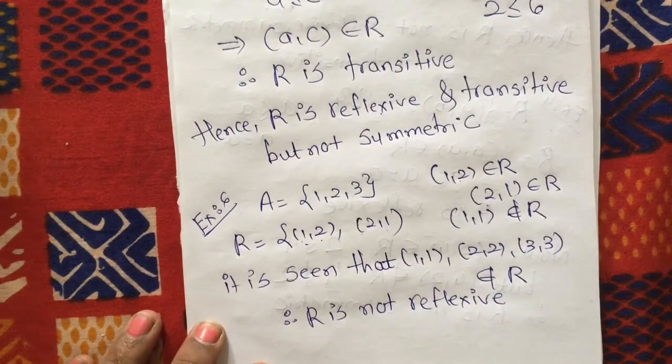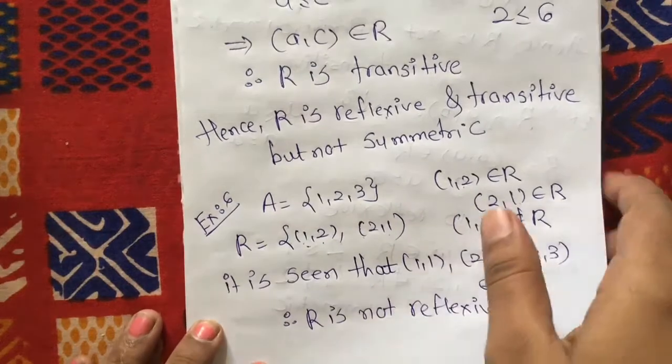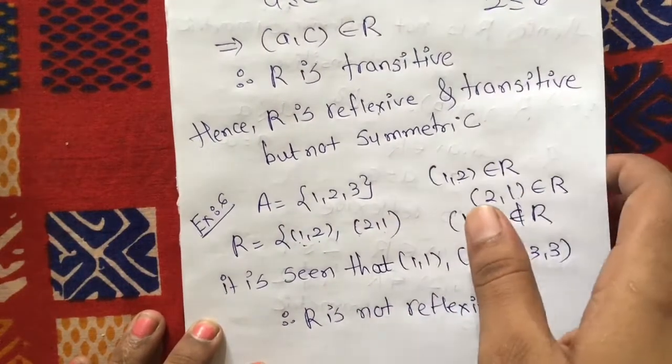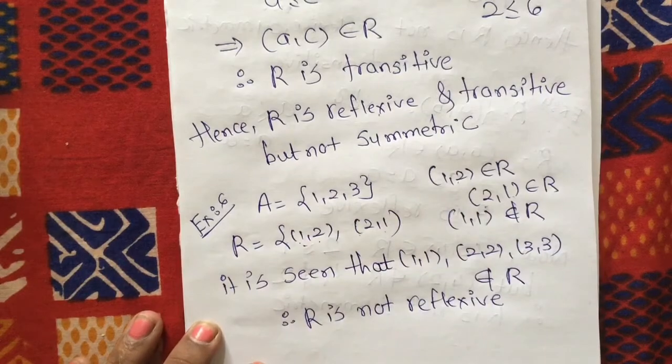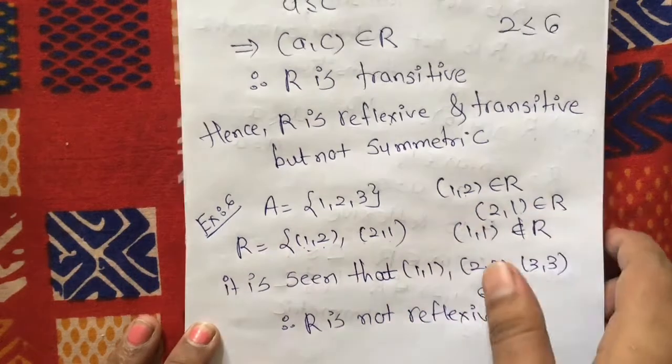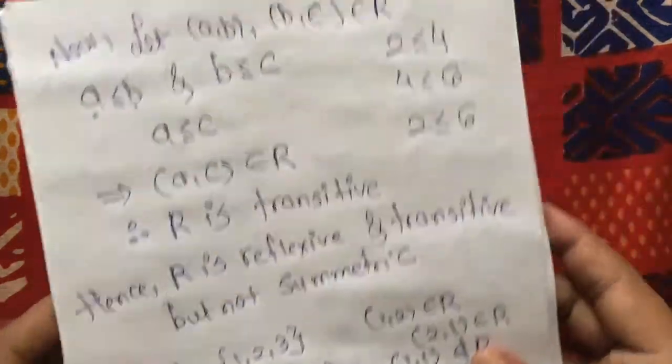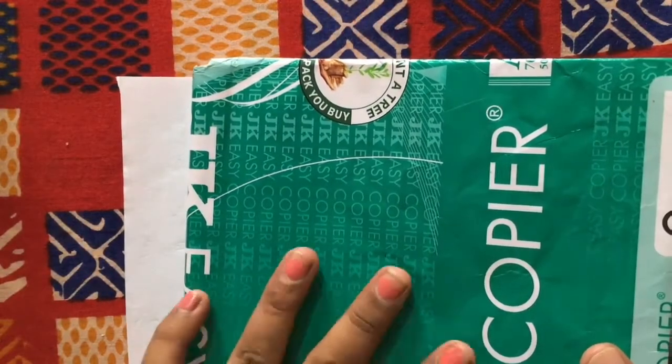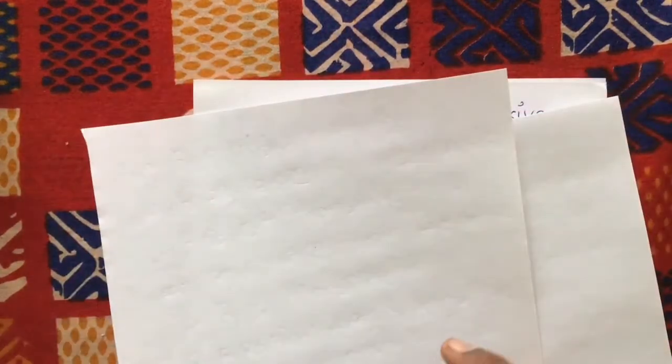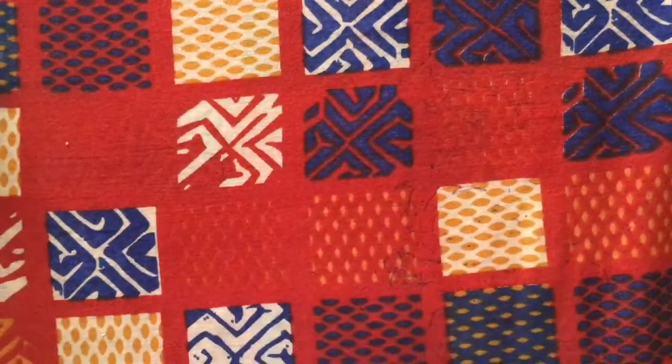Okay. Question number 7 is: show that the relation R in the set A of all books in the library of a college, given by R = {(x, y) : x and y have the same number of pages}, is an equivalence relation. Okay, so obviously there are so many books. जैसे same book है, जैसे ये मैथ्स की बुक आपके पास है और वही बुक आपके फ्रेंड के पास है, तो पेजेस आर विल बी सेम, सो एक्सेस विल बी सेम. So obviously it is reflexive.